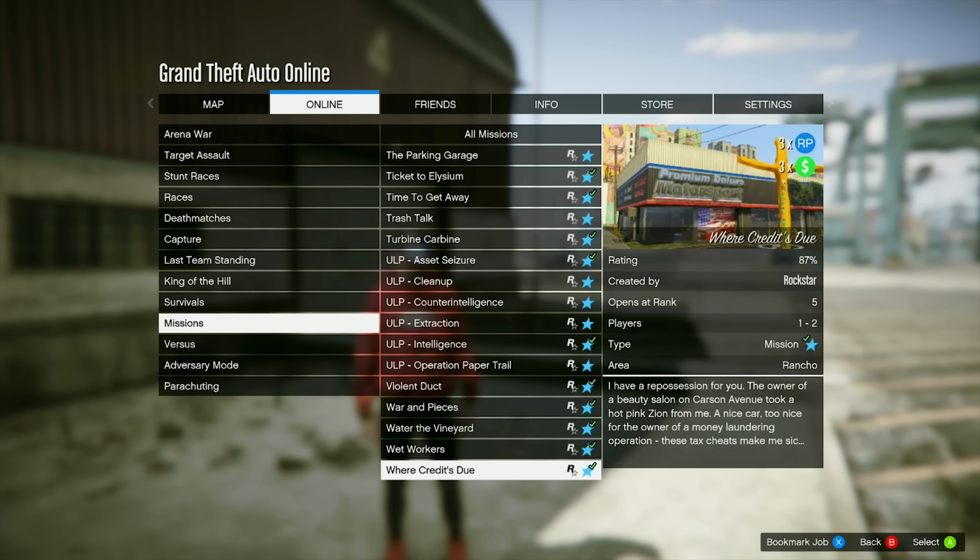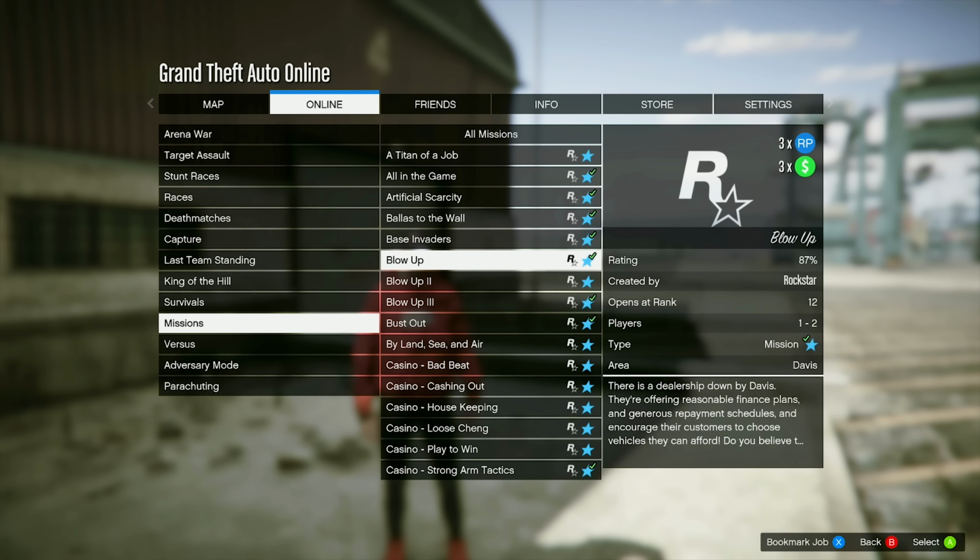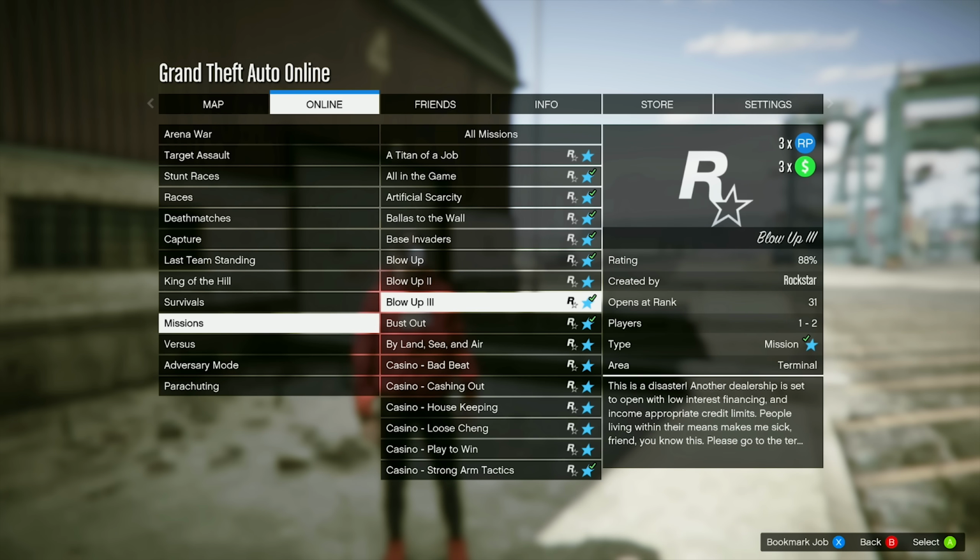as the premium deluxe repo work you can do for Simeon in the game as well. So this is one of those missions you can check out right here, where credits due. That's just one example. Do it if you want, but what I recommend is if you want to take advantage of this triple money, say once again you don't have a business here in game, well, you're going to probably want to farm some of these missions, and I would recommend any of these blow up missions that you could